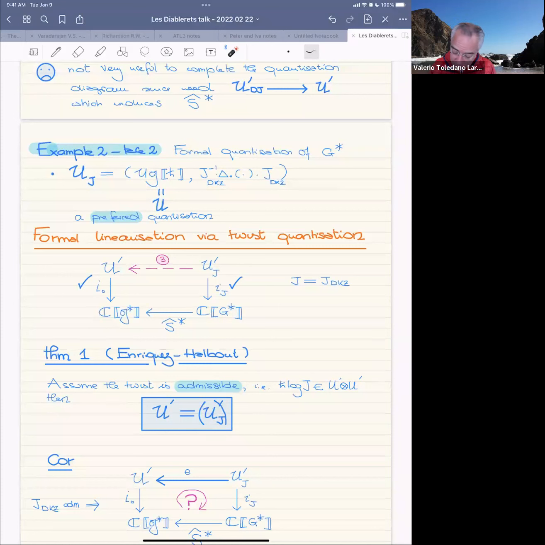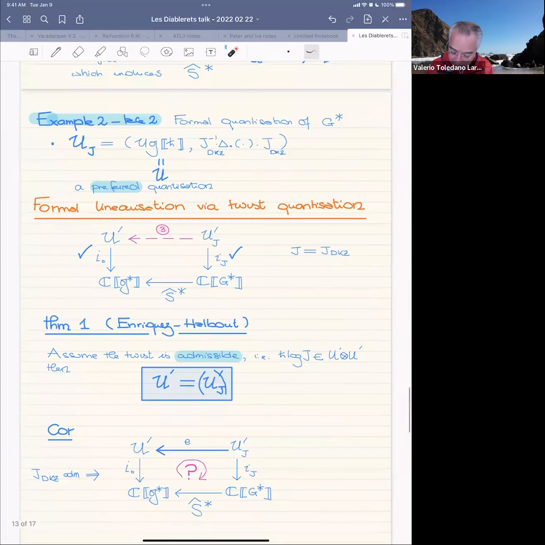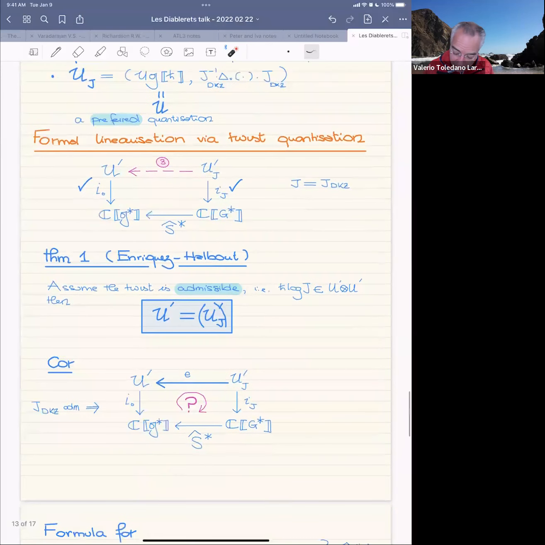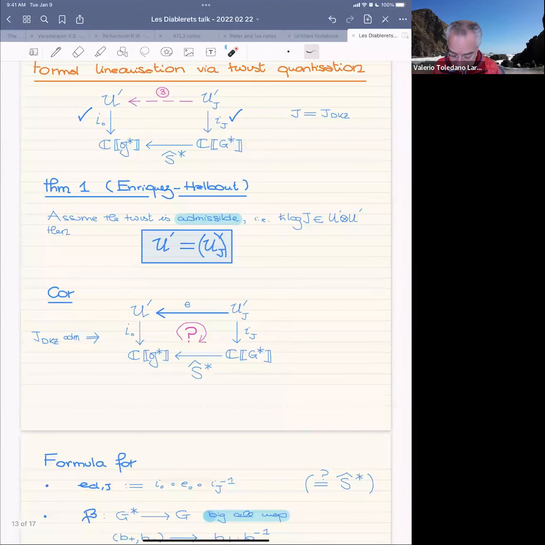And Enriquez and Albu tell you that this is actually not the case. That is, so long as the twist is admissible, then those two algebras are actually the same. So it's a non-trivial result. It's an estimation of growth of coefficients of these things, but it's true. So as a corollary, provided you prove that this dynamical KZ twist is admissible, which is not difficult to do, then we're almost home, because